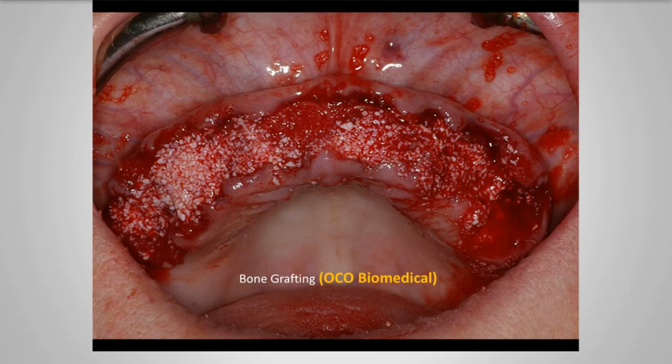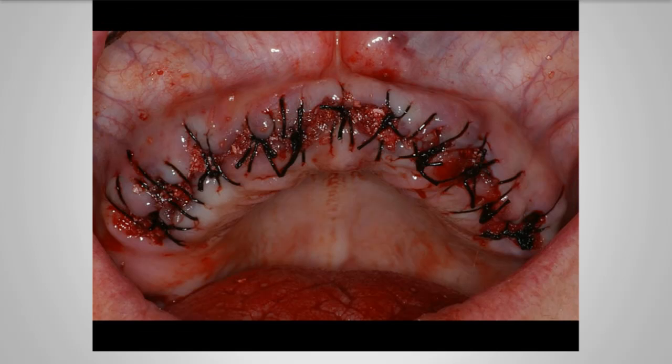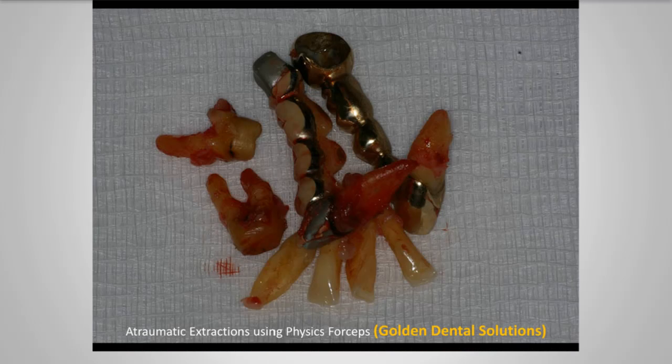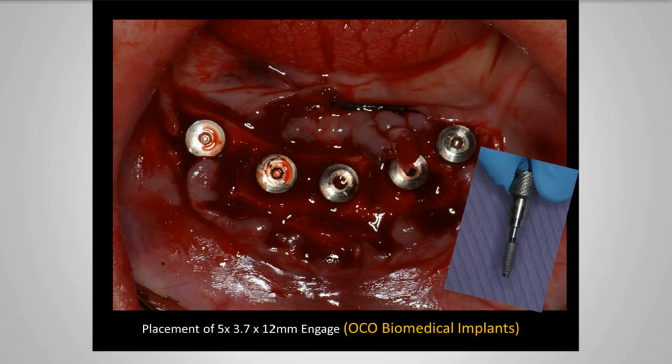And so whatever bone of choice you like to choose is up to you. In this case, we're using the bone grafting material from Oko Biomedical. This is a particulate graft. If you like to use the putties or gels, that will work as well. We went ahead and sutured this closed, and then we went on the lower arch and we extracted these teeth